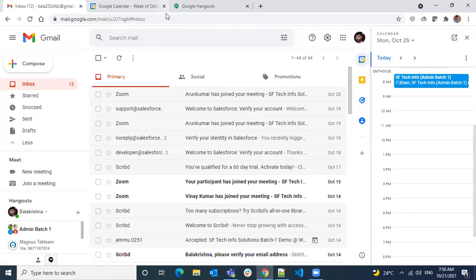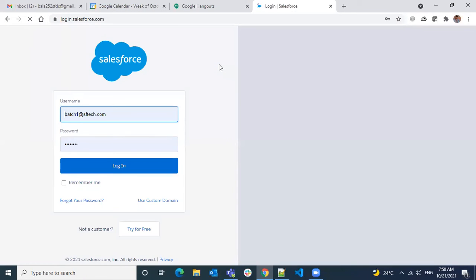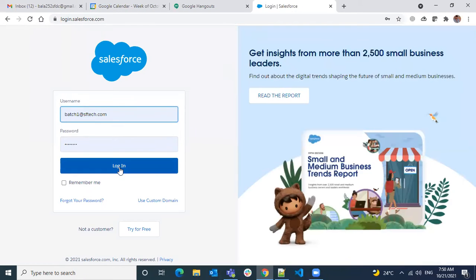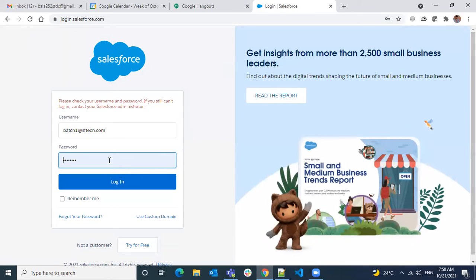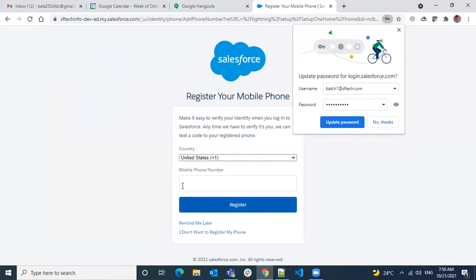First, we'll log on. For login, what do you have to use? login.salesforce.com, with the batch1 sftech.com username. Great.